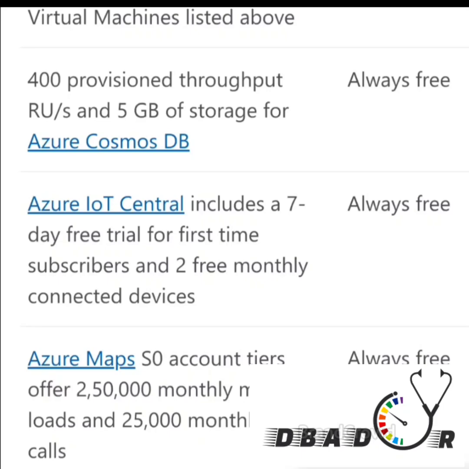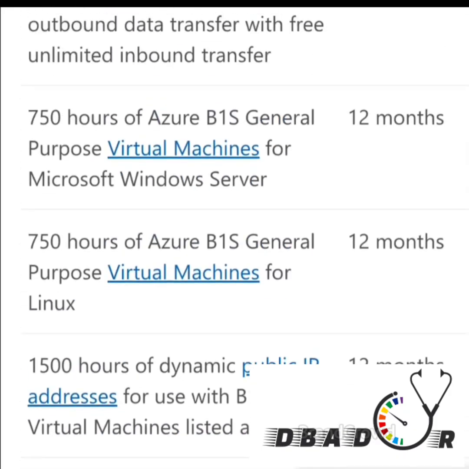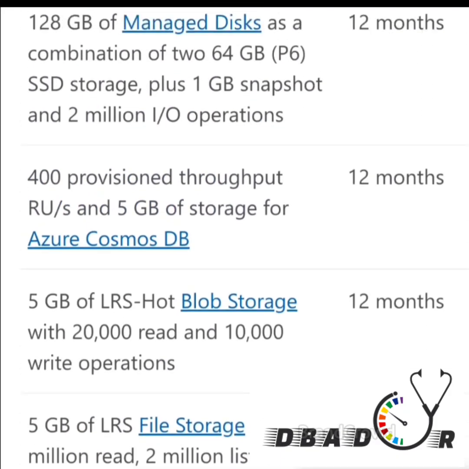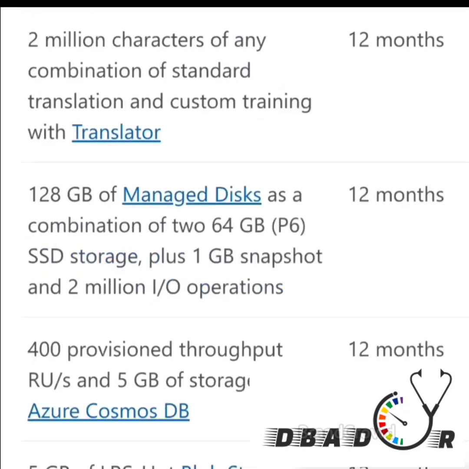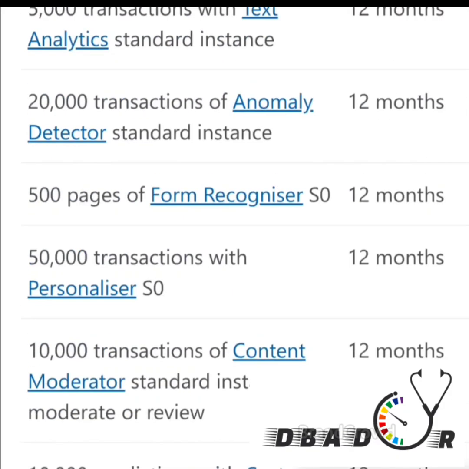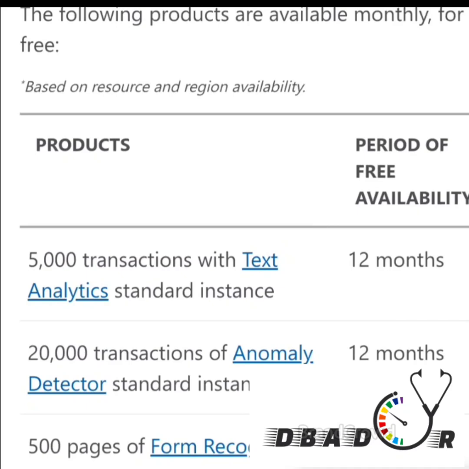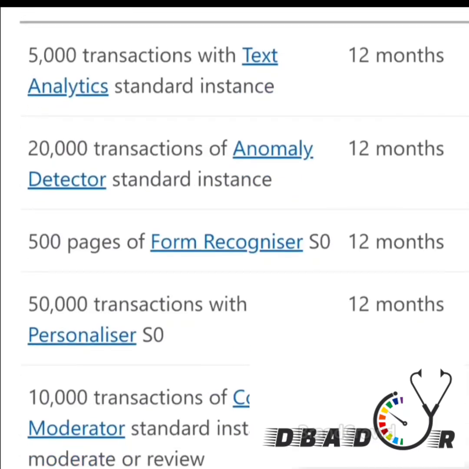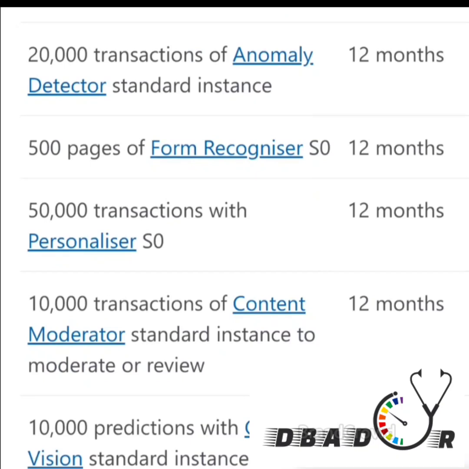Okay, and Azure will provide you 750 hours of virtual machine. So in every area there are some limitations. As I informed you, let's say a 128 GB managed instance: how much does it cost? You have to keep that in mind before availing these features, as Azure is providing you 3300 in free credit. Microsoft is providing it in Indian rupees. So based on those rupees, you have to keep in mind what all things you purchase. Based on that, you have to calculate and purchase.